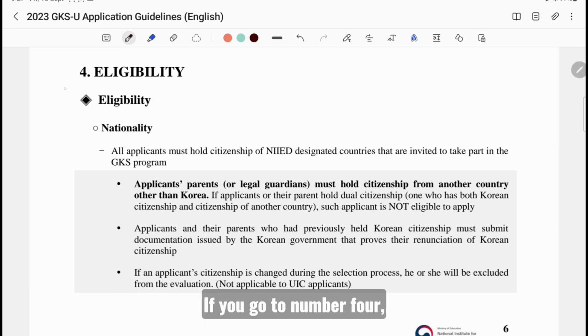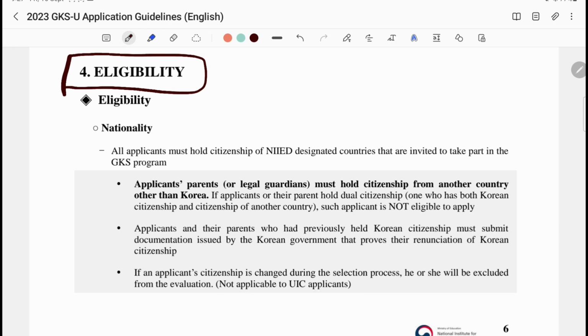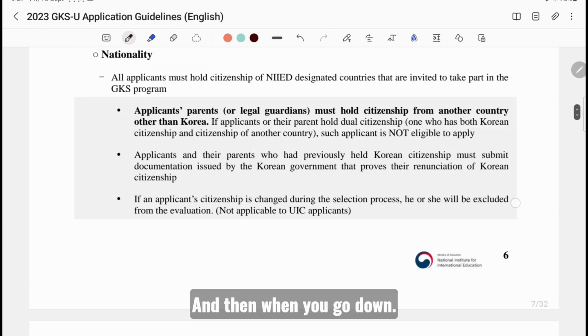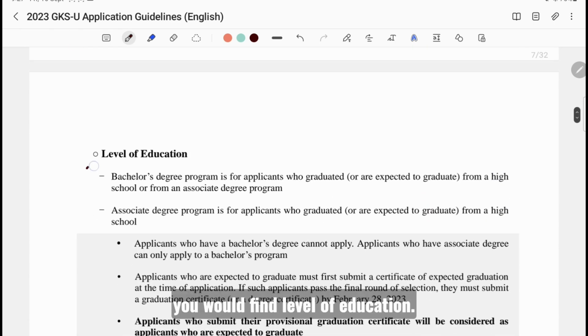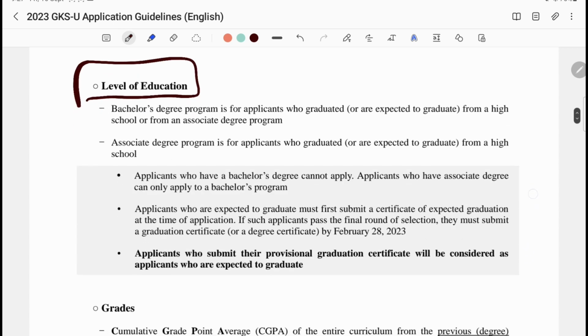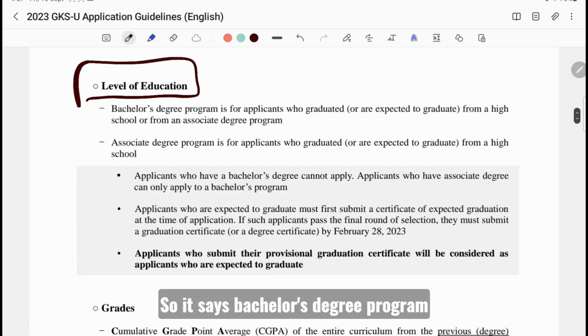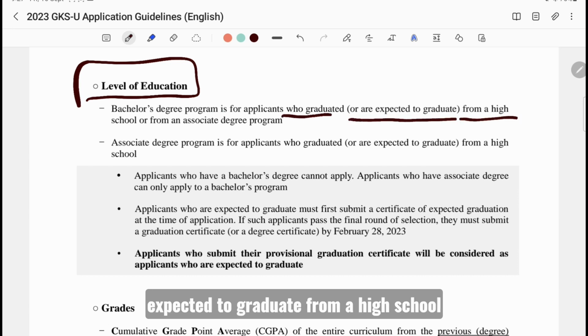If you go to number 4, it says eligibility, and when you go down, you will find level of education. It says the bachelor's degree program is for applicants who graduated or are expected to graduate from high school.